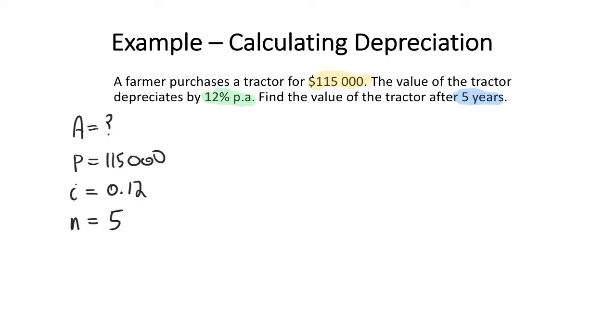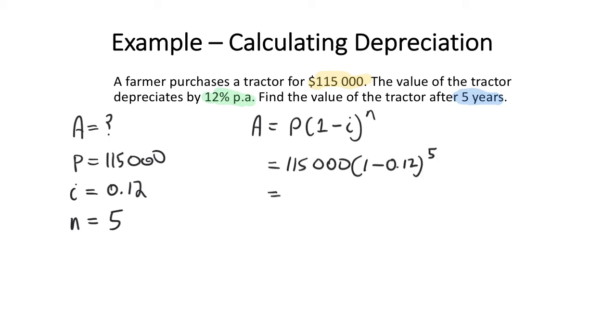So now that I've defined my variables, I can go ahead and write my formula. A is equal to P times (1 minus I) to the power of N. Substituting in my values, my starting amount is 115,000 times (1 minus 0.12) to the power of 5. So that's going to equal 115,000 times 0.88 to the power of 5. Using my calculator, I can work out that that value is going to be